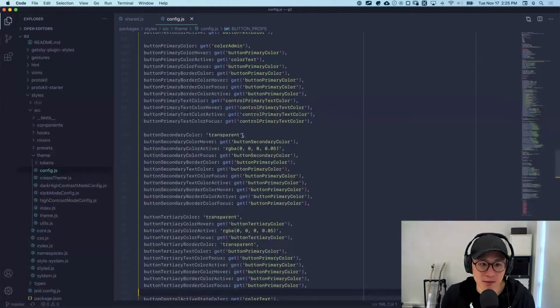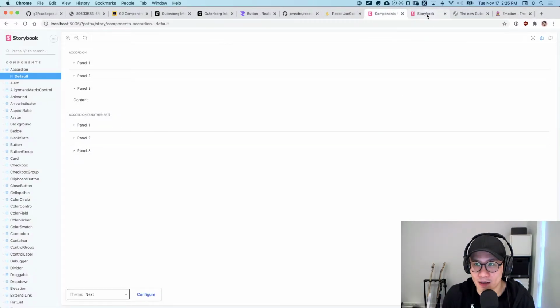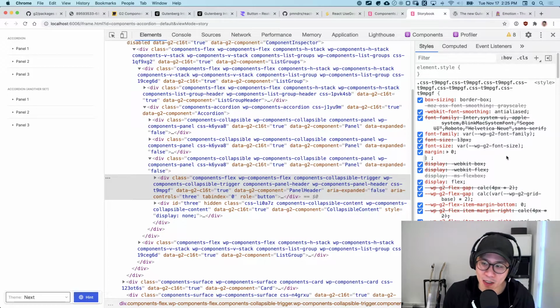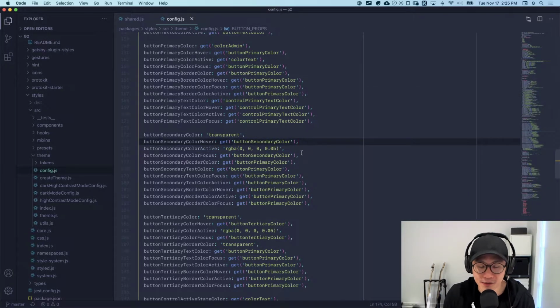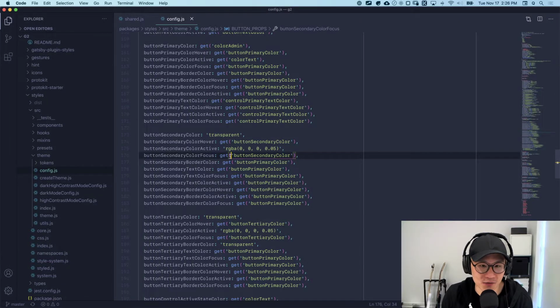And ultimately, this stuff, what you're seeing, like camel-cased things with this special get function or whatever, they ultimately get compiled down into CSS variables that look like this. var, wpg2, whatever the case may be. And this is important, and now we're touching into this get function. This is important because we're not referencing the value of the variables directly, right? These values map to whatever this thing is, right? But we're not doing like var hyphen whatever the case may be. The reason for that is that it makes it easier in case we need to modify any names for these variables. That's one. The other one is that this get function, right, instead of just writing it as a string,